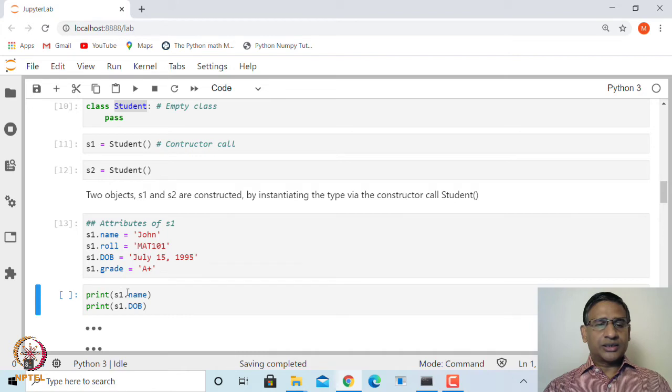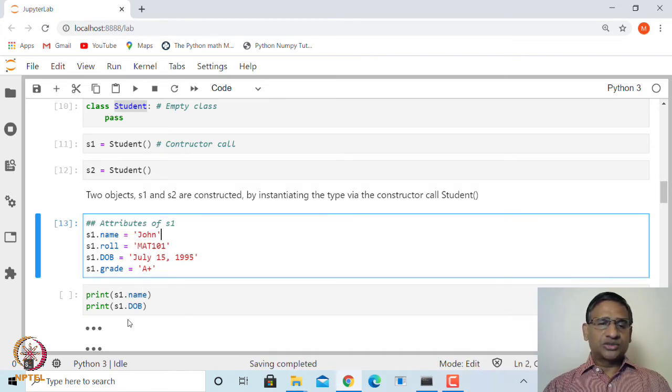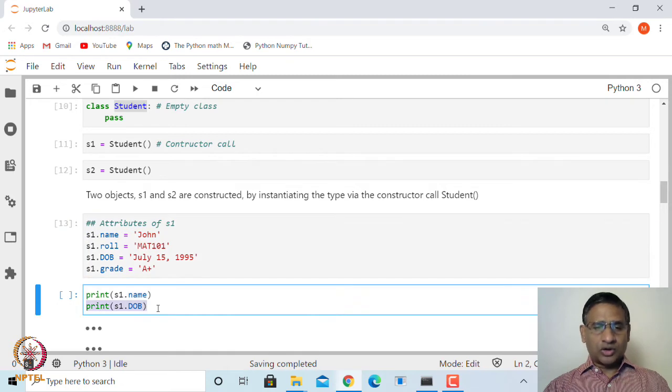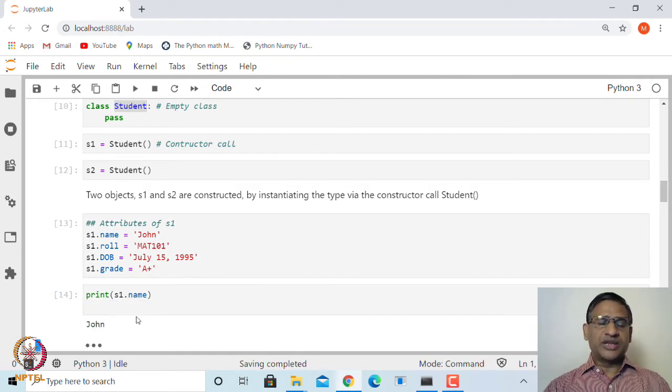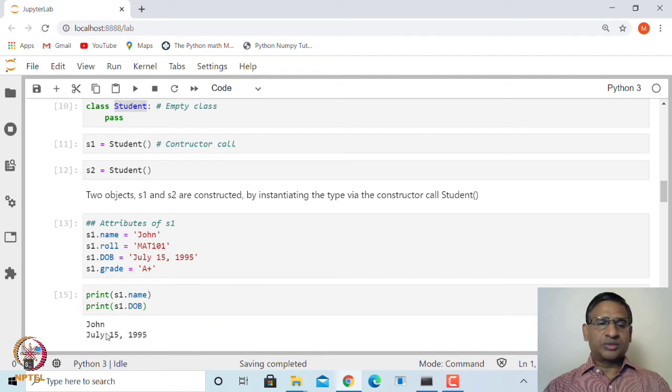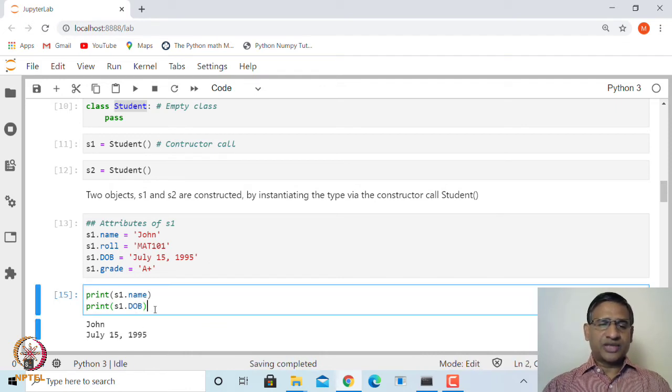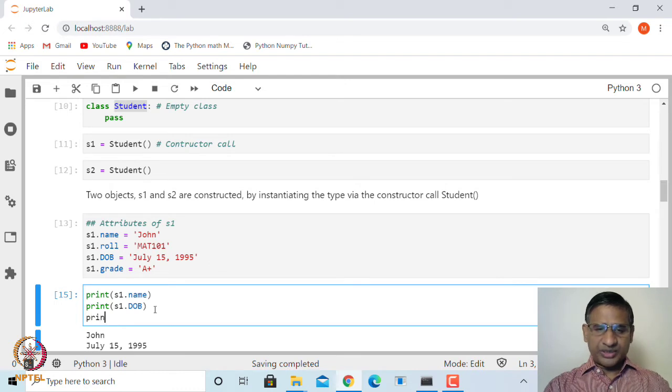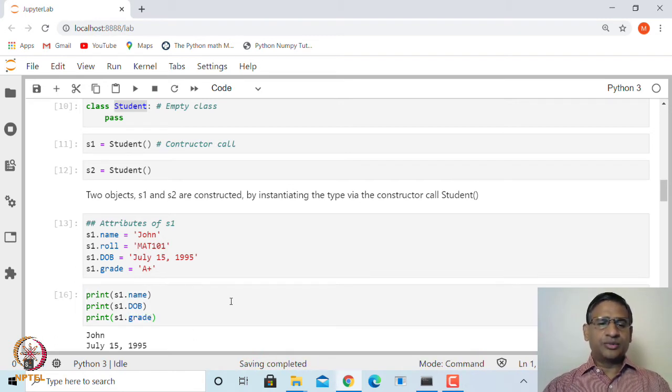How do we access these attributes? You can simply type S1 dot name, and it will give you the name John. If I say S1 dot date of birth, it will give me July 15. You don't need to say print; in this case you can simply say S1 dot grade, and it will give you the grade.